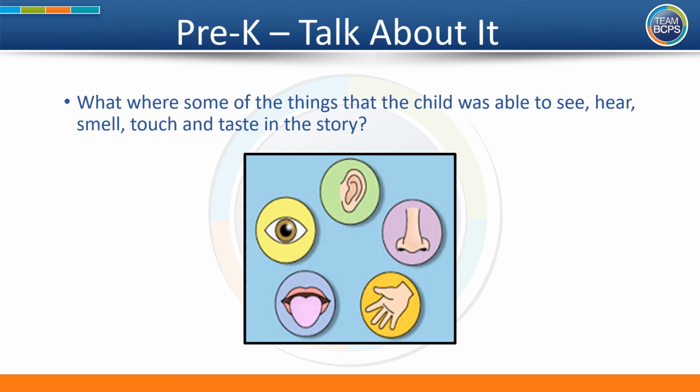What did you share with your family member? Did you share that the child was able to see rain out their window or a beautiful rainbow? Did you share that they were able to hear the birds tweeting or lightning striking? Did you share that they were able to smell the yummy food that they ate from the garden? Did you share that they touched ooey gooey mud or tickly prickly grass on their toes? And did you share that they were able to taste the delicious food that came from the garden?